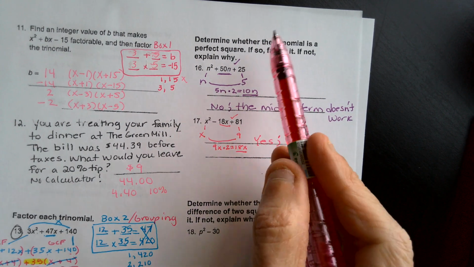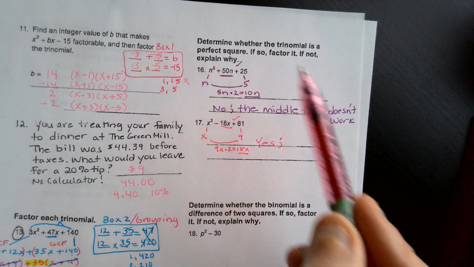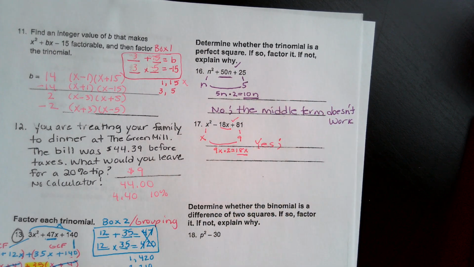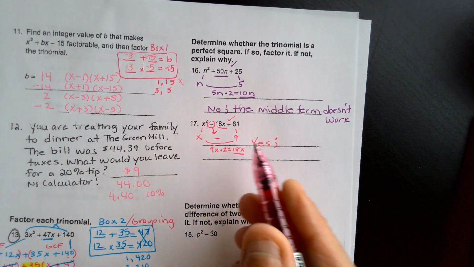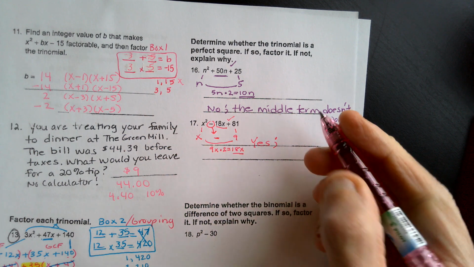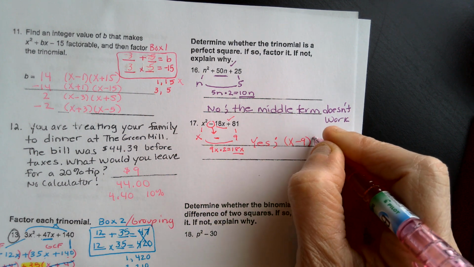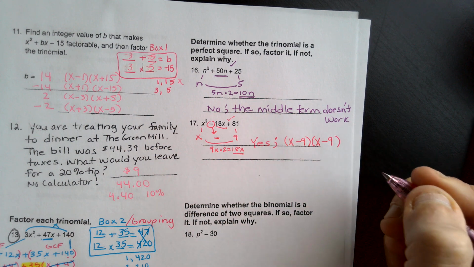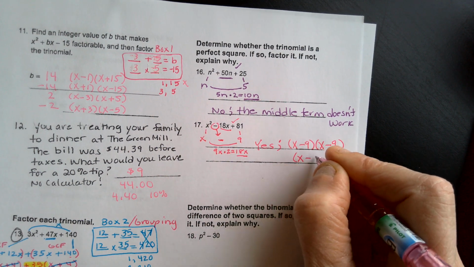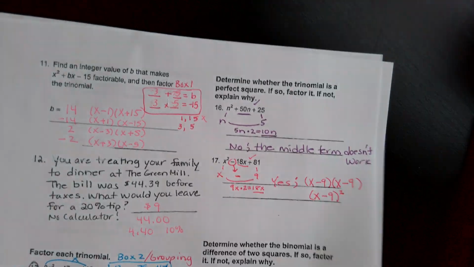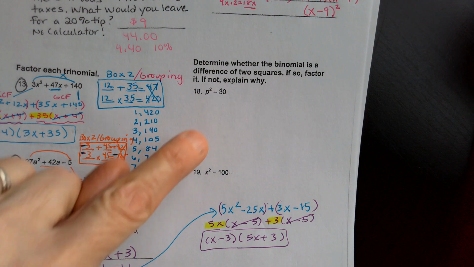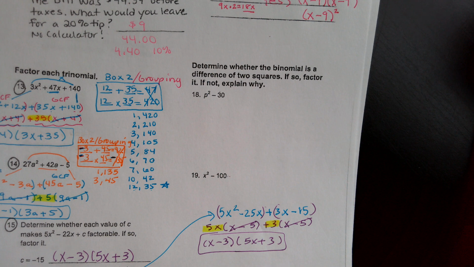And now it says, if so, factor it. If not, explain why. So we explained why, but now I have to factor it. So remember, this sign determines this sign. So it's x minus 9 times x minus 9. Or if you want to rewrite it as that, that's fine as well. Same thing. Okay, so they checked the perfect square. Now they're saying, okay, check and tell me if this binomial is,